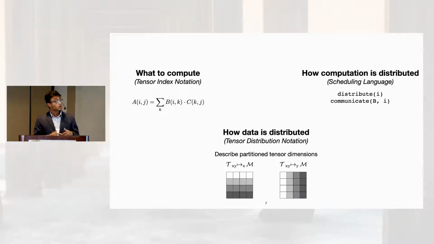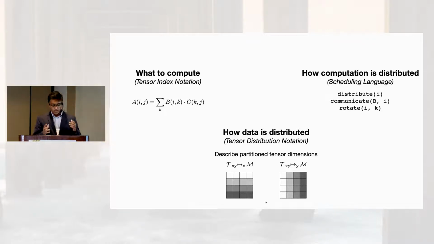Next, we introduce a command called communicate. And so this command is a purely optimization-only command. It does not affect correctness of your program. And it allows you to specify algorithmically when communication should occur within your loop nest. So you don't have to specify what indices of a tensor need to move around. You just say algorithmically, I want to communicate this tensor around in blocks at this particular level of my loop nest. And finally, we introduce a command called rotate, and it's going to act as a distributed symmetry breaking operation to enable the expression of systolic communication